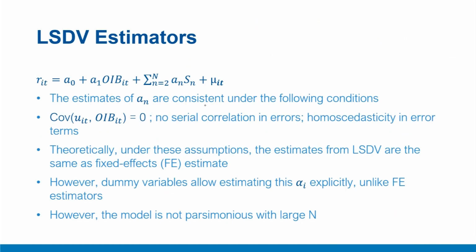Let's discuss some of the assumptions and conditions that facilitate estimation through the LSDV estimator. One point to remember is that once you have accounted for the unobserved heterogeneity through dummy variables, you estimate the model through OLS only. This LSDV pooled model through the OLS approach gives coefficients alpha i's that are consistent under the following conditions.